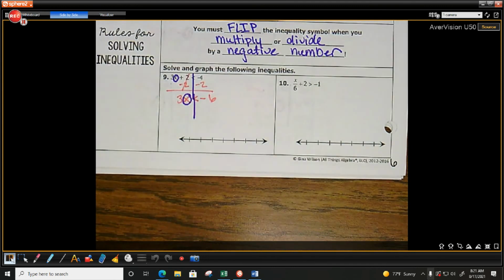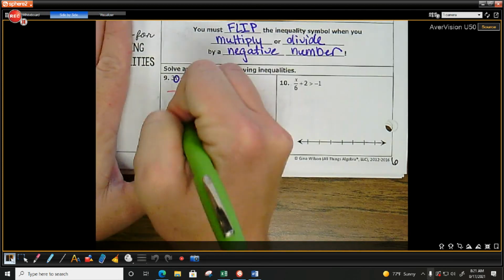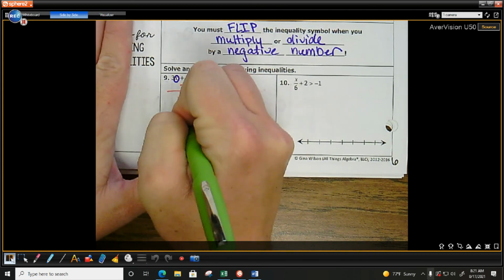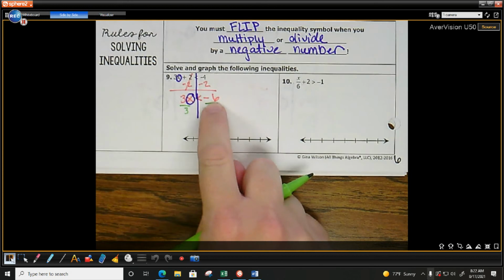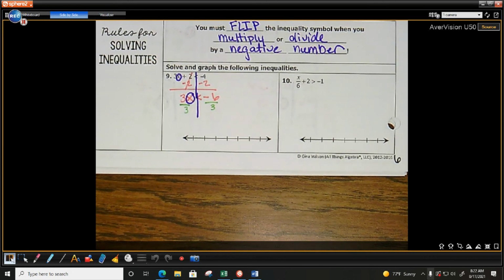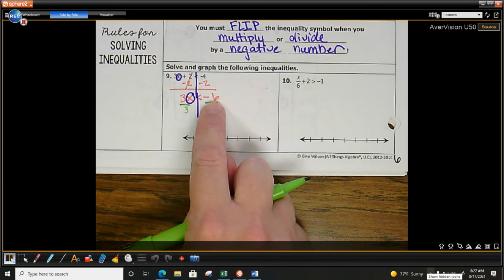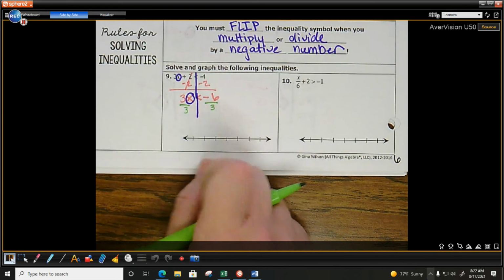Are we flipping the sign? There's a negative, though. What are we dividing both sides by? 3. A +3. Even though this is a -6, we're dividing both sides by a +3. So do we need to flip the inequality sign if we're dividing by positives? No. So we get x is less than